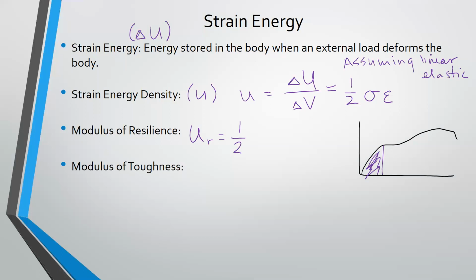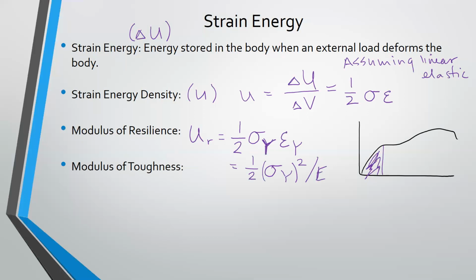And so we say that that's calculated by 1/2 the yield stress times the yield strain. And if you'd prefer to express it solely in terms of the yield stress and you don't want the other variable, you can do that because you know there's a linear relationship between stress and strain. So we can say this is 1/2 the yield stress quantity squared